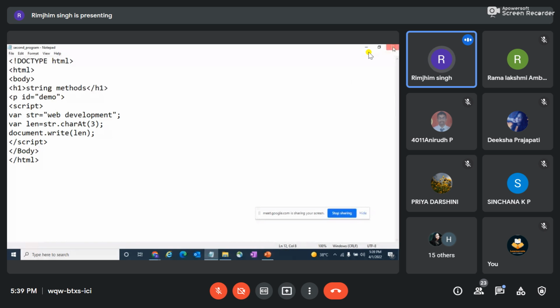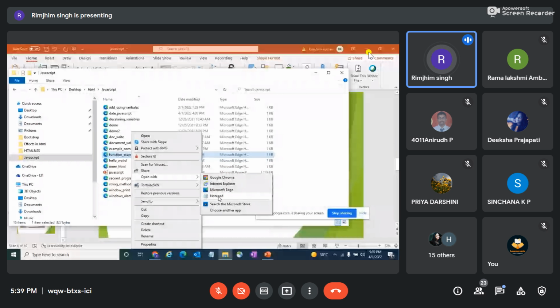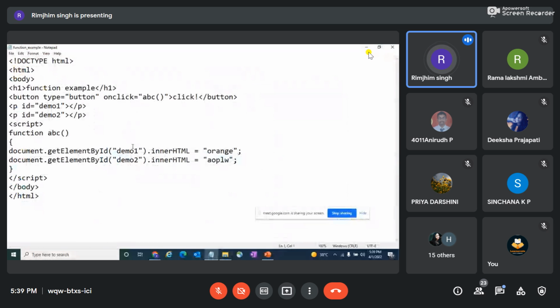So what's next is, let me just show you how a function works. I have written code since we're running out of time. So like as I told you class, how do we declare a function? Whenever I'm writing a function, it should always begin with the keyword function, and then the name of my function followed by brackets. Okay, and then in my curly brackets, whatever I want to print. So for example, here what I'm printing is orange and apple. Okay, and then these are my unique IDs.